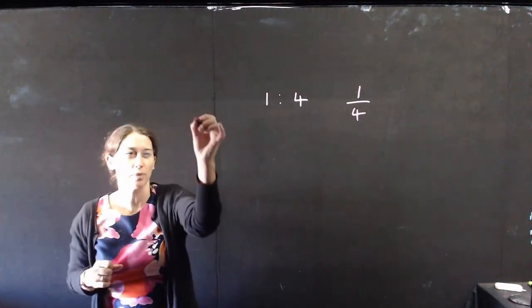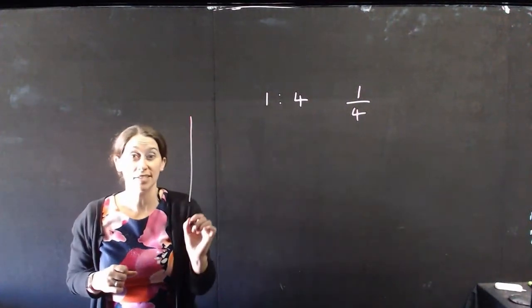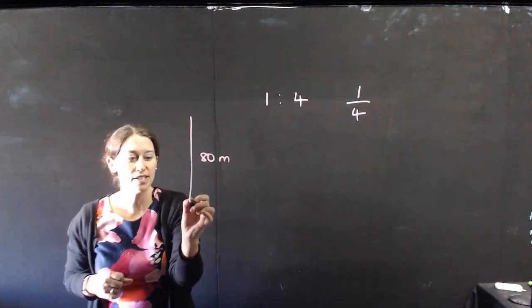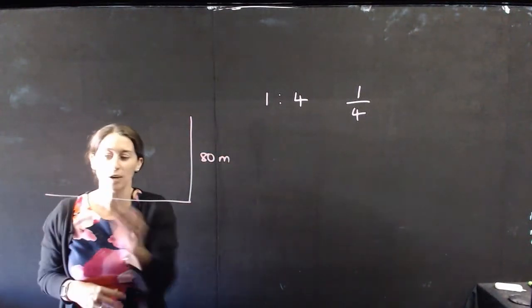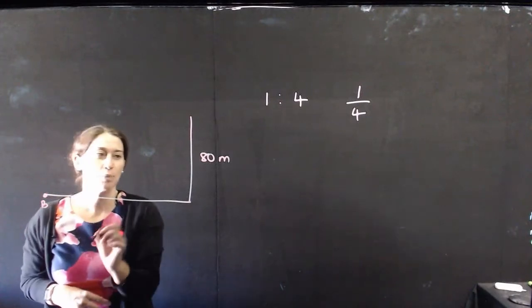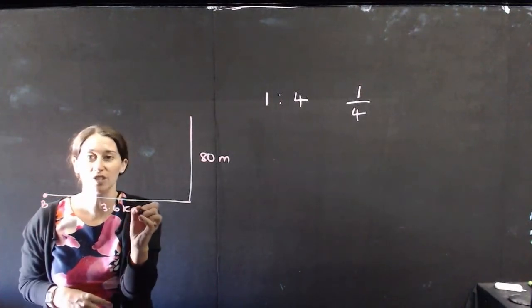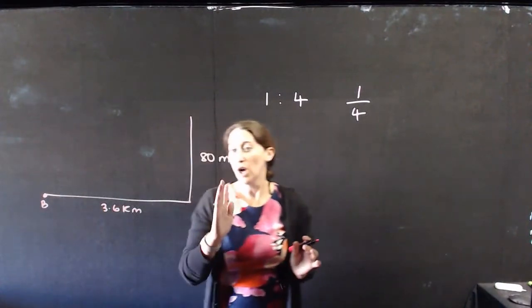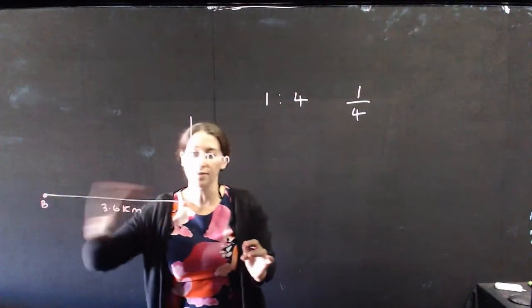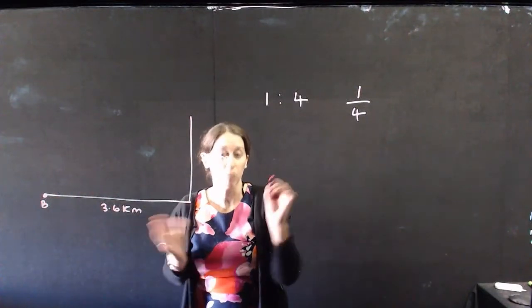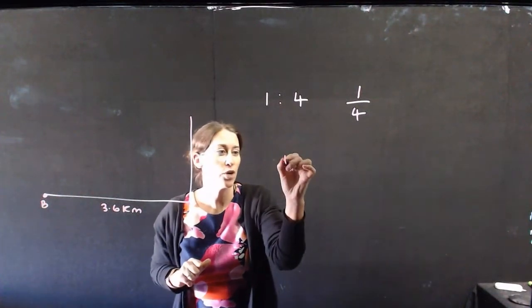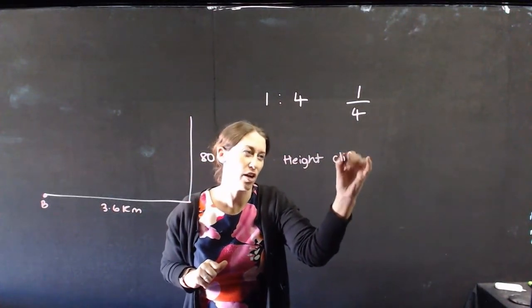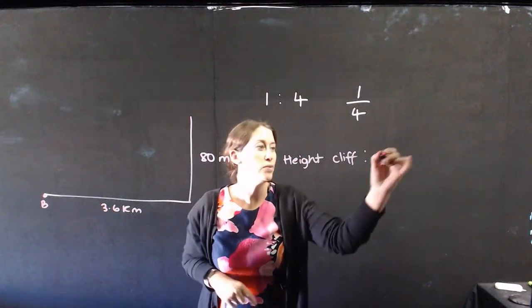So I'm just going to draw a quick picture. Let's imagine this is a cliff, so we're dealing with a cliff height. Let's suppose the cliff is 80 metres, and then this is much longer, not to scale, but there's a boat over here, and let's suppose that that's 3.6 kilometres away from the cliff. And let's write down the ratio of the height of the cliff to the distance of the boat from the base of the cliff. So let's just go height of cliff, I'll just write height cliff, so I know what I mean, to boat